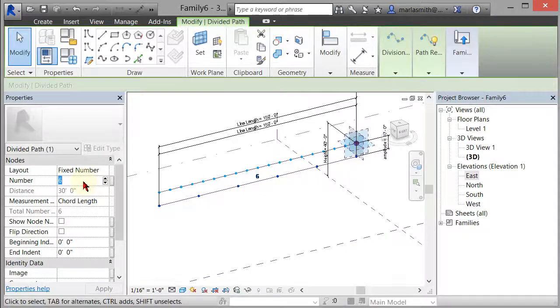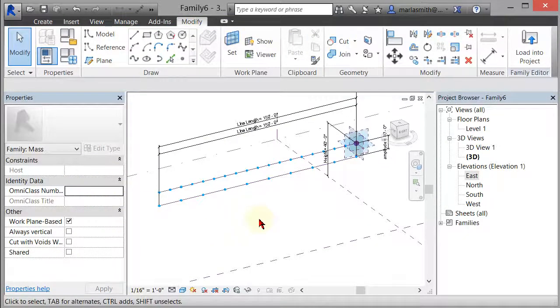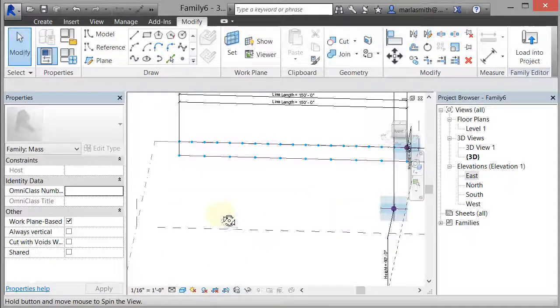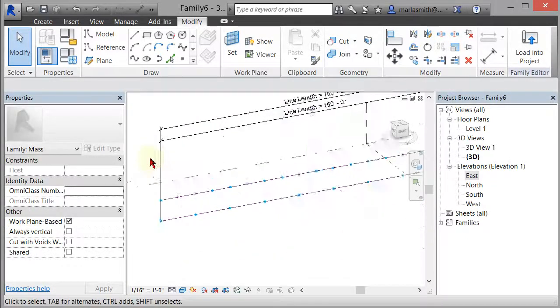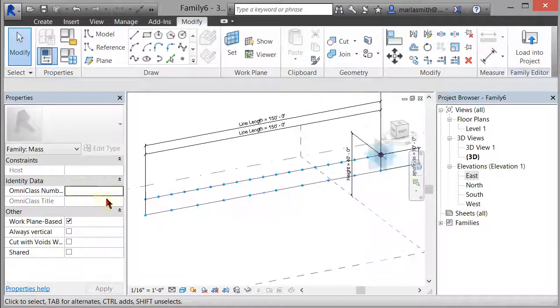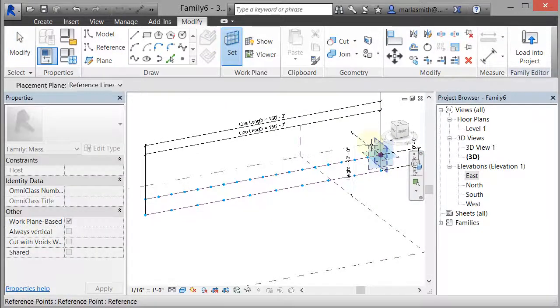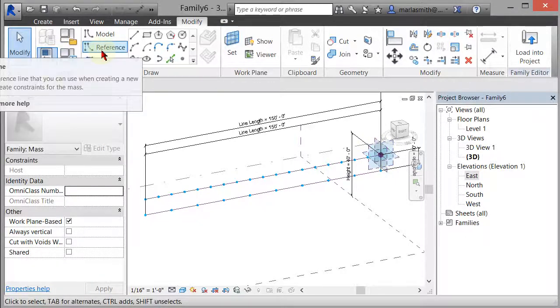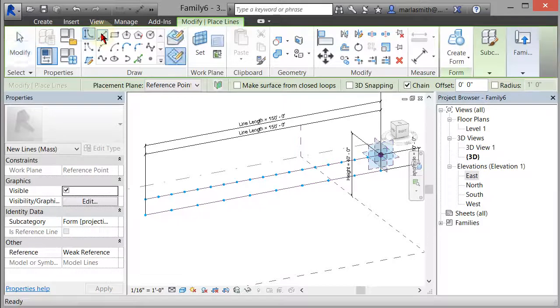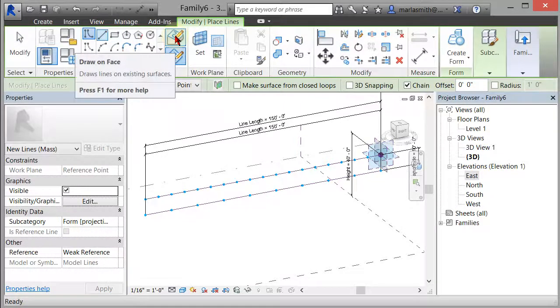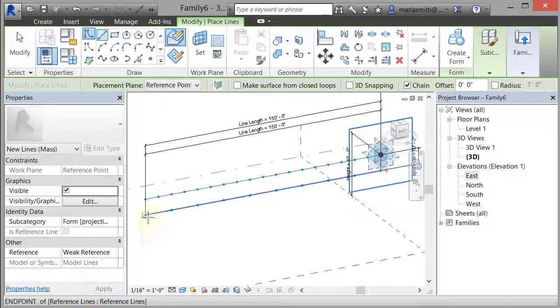Now we could put a little component or parameter on that, but I'm going to leave it as it is for right now. So now I want to come in and just draw a curve in there. I'm going to make sure that my reference plane is set to this vertical reference line on the point. I'm going to go to a model line, and I'm actually going to say draw on face,